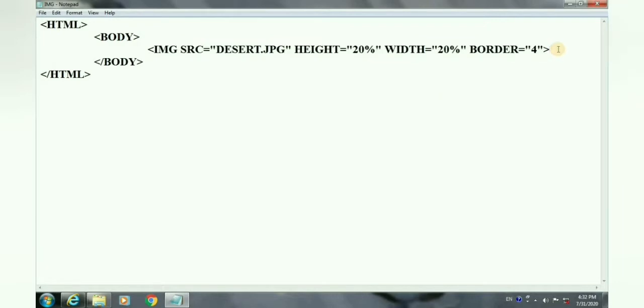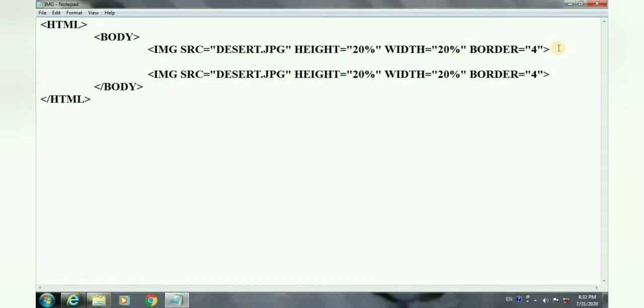If you want the same formatting, you can copy our earlier coding. Now I will paste it, and we just have to change the image name. Here a tulip image is also there. So instead of desert I am now writing tulip.jpg. Then the height and width are the same. Now we will save the file